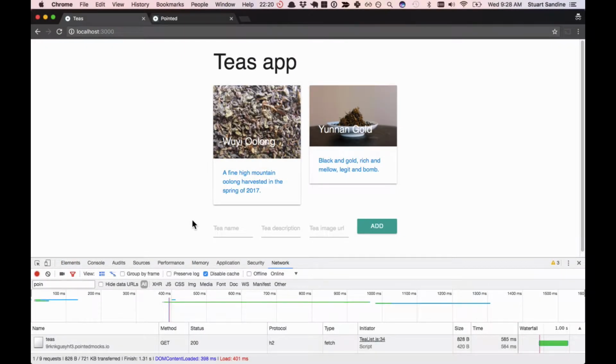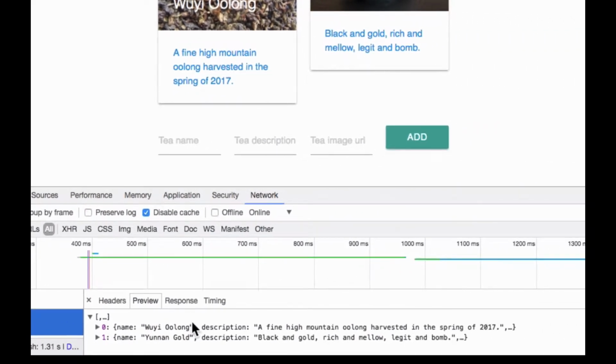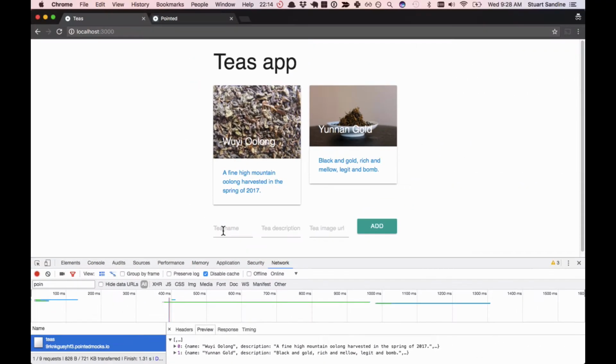This video will show you how to define mock API endpoint responses that dynamically reference properties of the HTTP request. Our example TApp is already fetching a fixed collection of t.json from a pointed endpoint. The next feature we want to wire up is a form that adds a new t by making a post